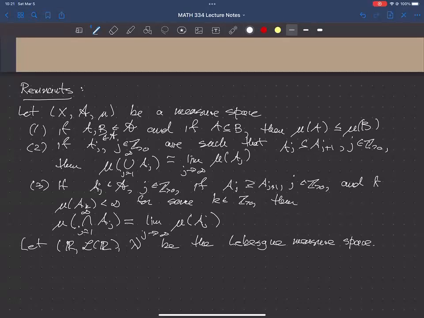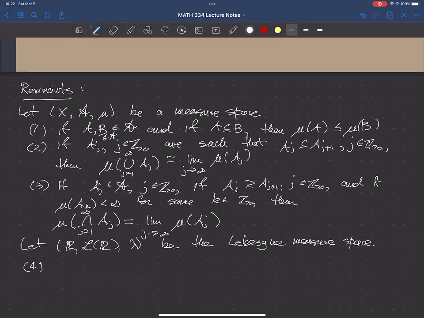All right, so now we're going to say two comments that are specific just to the Lebesgue measure. So we're talking about the Lebesgue measure on R with the Lebesgue measurable sets, which we talked about last time, and then the Lebesgue measure lambda. Okay, and then the properties we have here